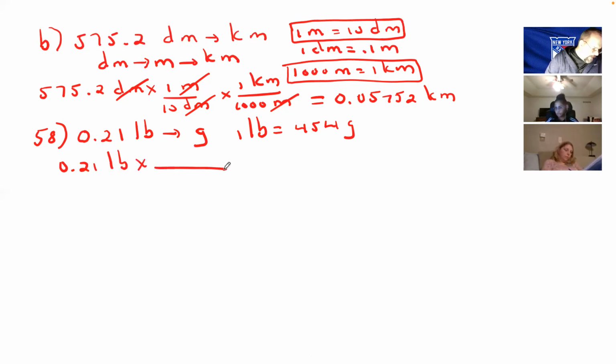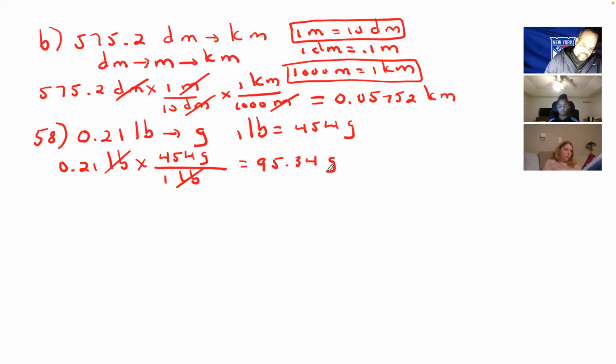and we're going to multiply it by this equality as a conversion factor. So what's going to go where? 454 grams are going to go in the numerator. The 1 pound is going to go in the denominator. Because when we multiply, we want the pounds to cancel, and they would. So if I take 454 and multiply it by 0.21, I get